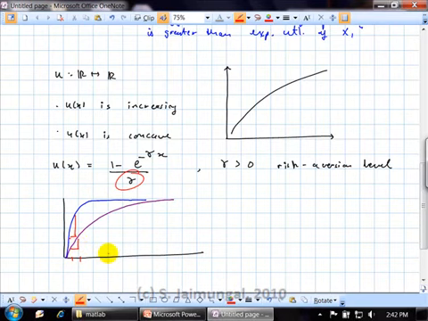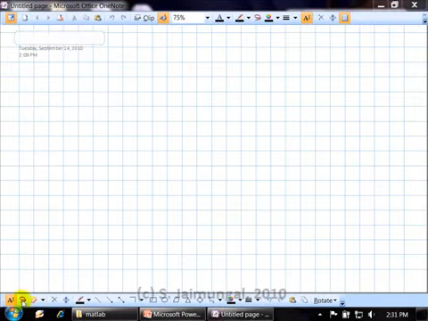And this also explains why, this also has a connection to another concept about marginal utility. Imagine you're, okay, so